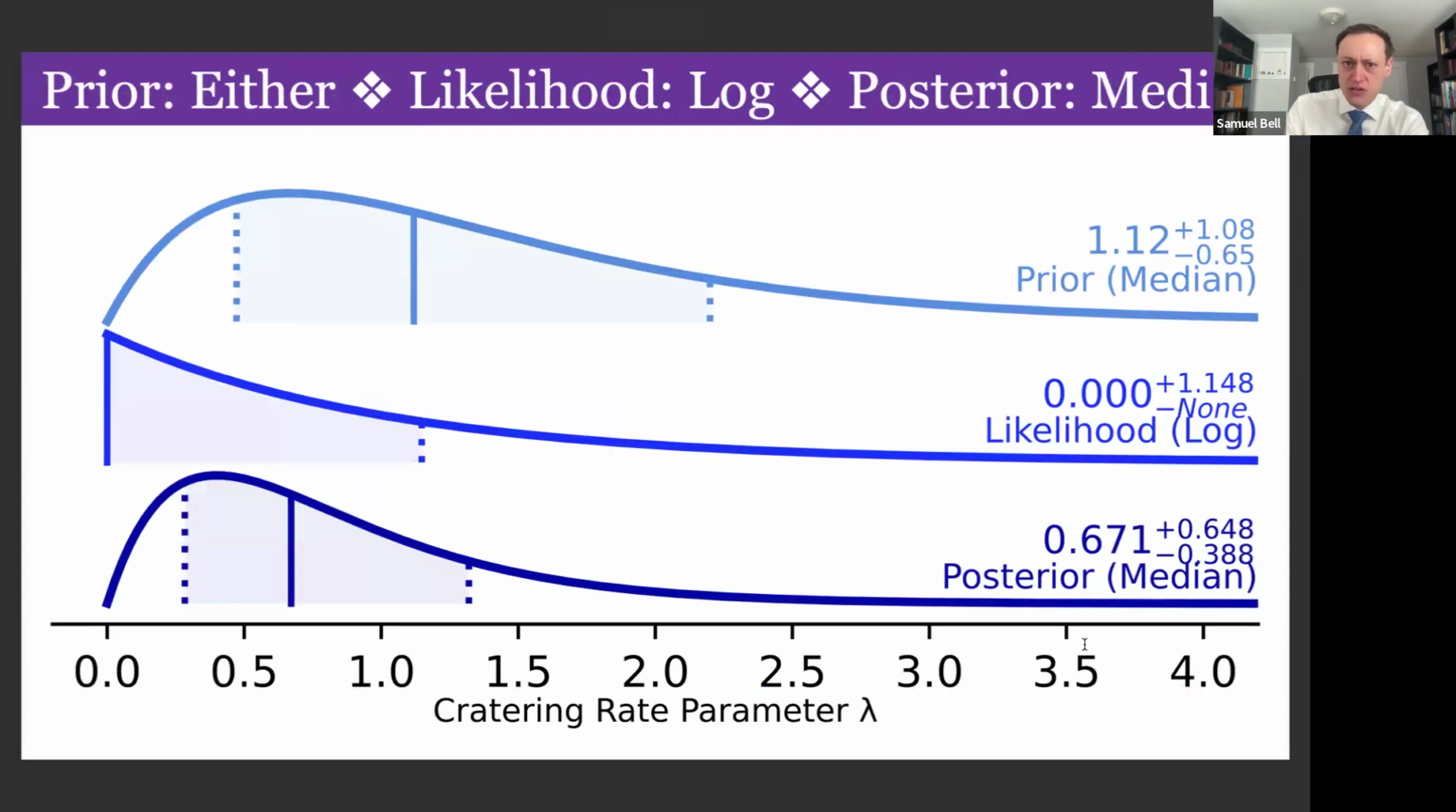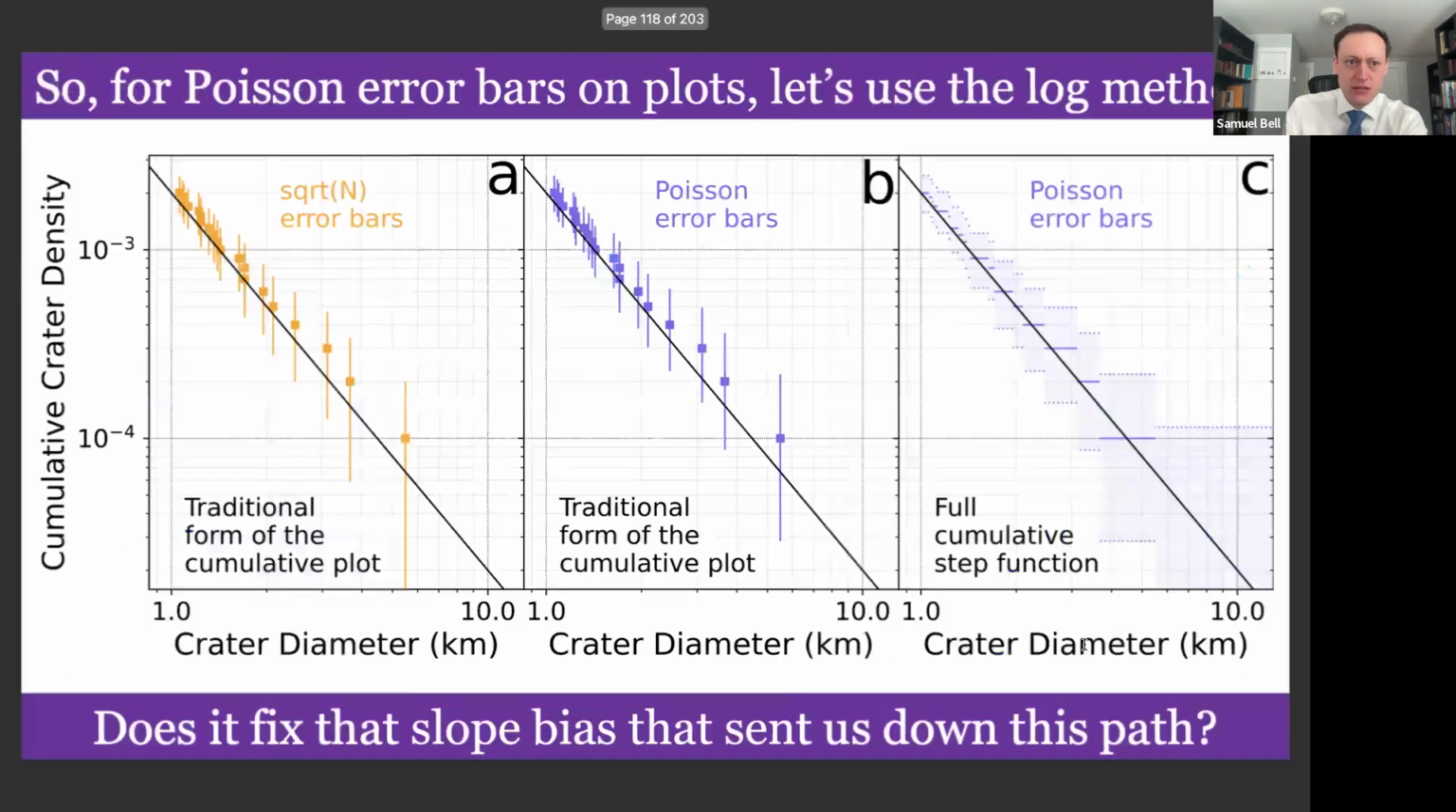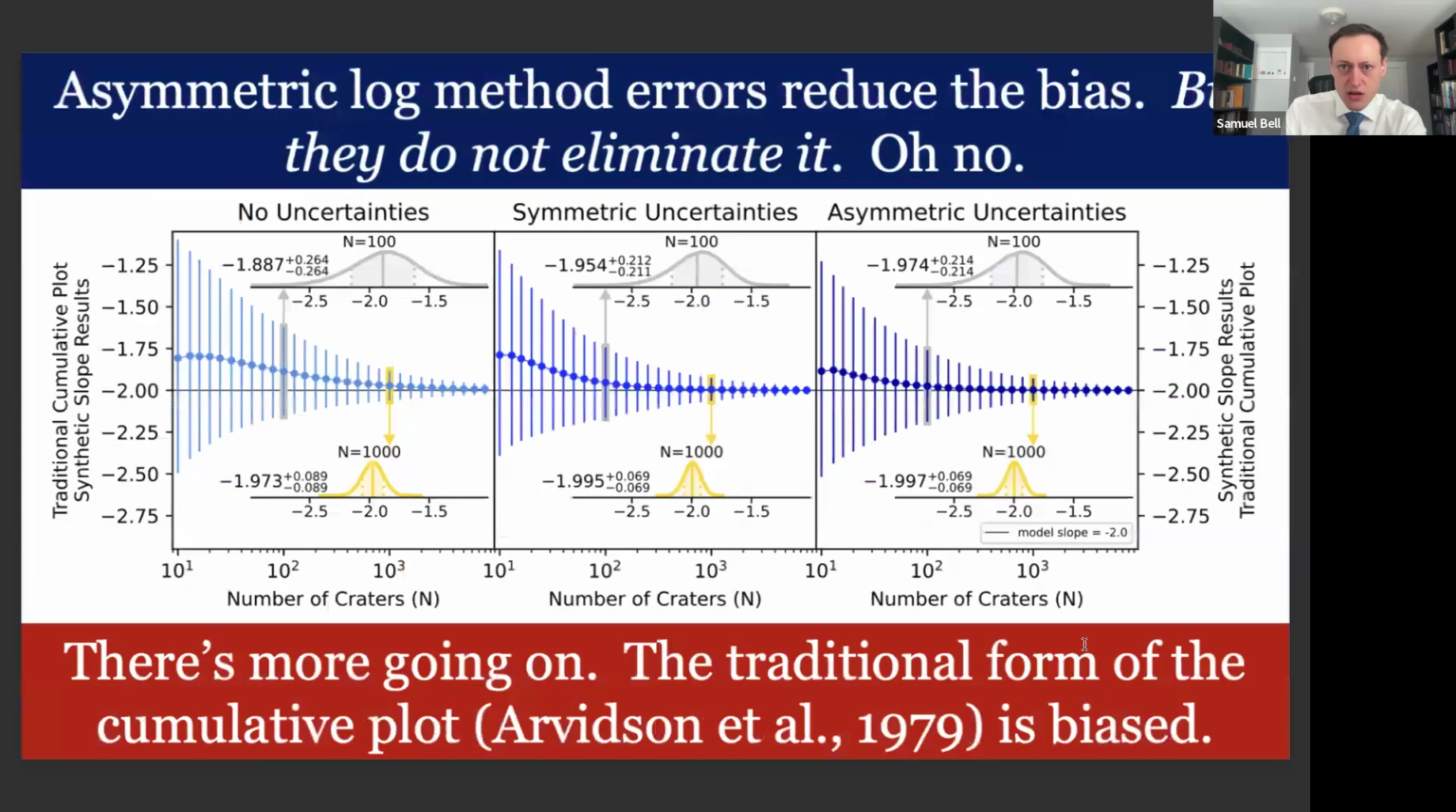For the prior, use either. For the likelihood, log or something like it. And the posterior, the median. So for Poisson error bars on plots, let's use the log method. Does it fix the slope bias that sent us down this path? Asymmetric log method errors reduce the bias, but they do not eliminate it. Oh no. There is more going on,